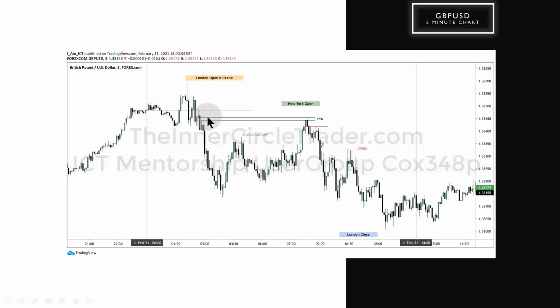We have the opening price at midnight in New York time here. Then we have a small little fair value gap as it breaks lower, comes back up, short-term little swing high, trades lower, creates a buy side liquidity pool here, runs up into New York open, closes the fair value gap, optimal trade entry from high to low, retraces back into the fair value gap, time, price,